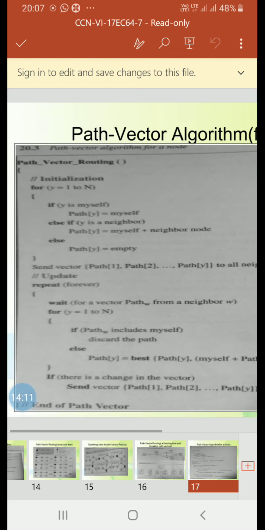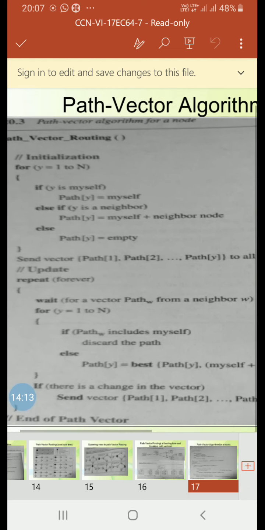Wait for a path vector w from a neighbor w. For y equal to 1 to n: if path of w includes myself, discard the path.